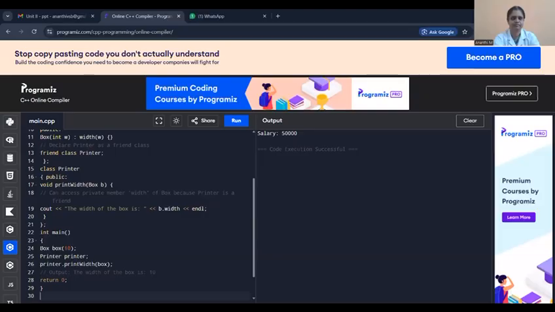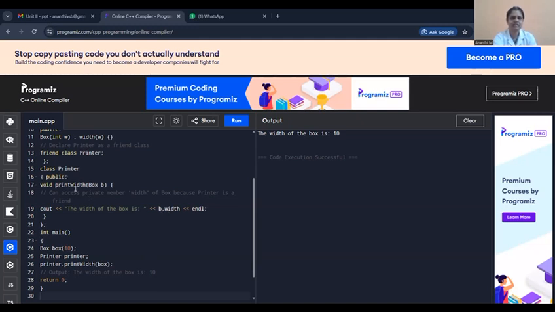I'm just copying this. And if you execute this, you will get the value of 10, which is passed as the width in this class.